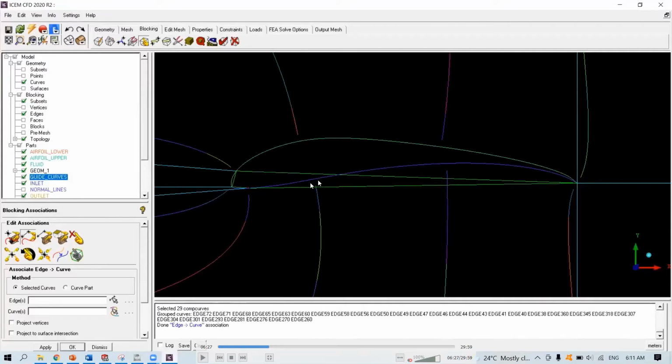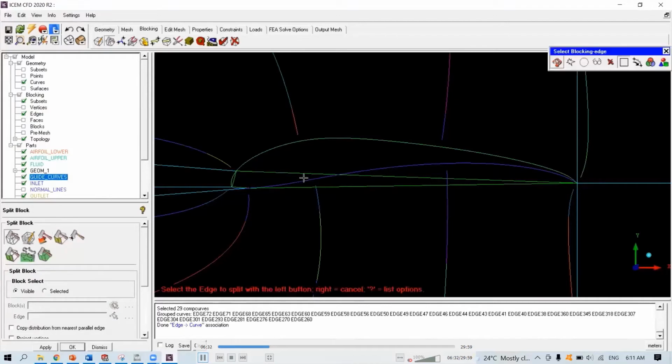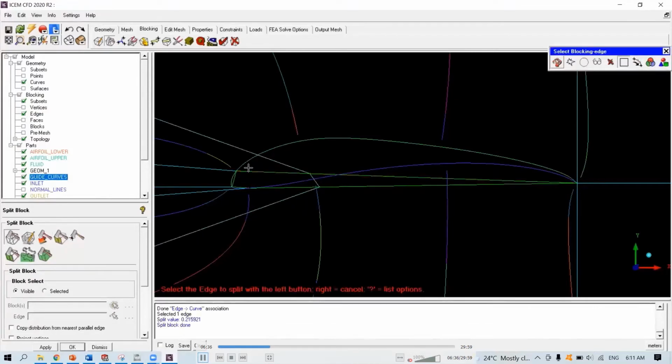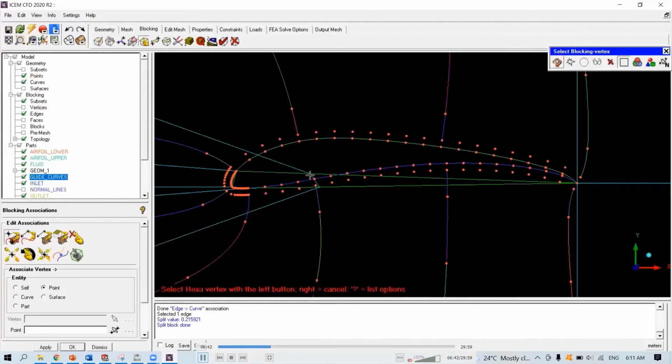Okay, now we're going to split the block. Okay, second tab. Okay, I'm going to split it. Then turn on your points. You can immediately associate the points.